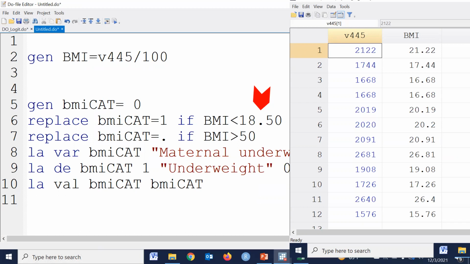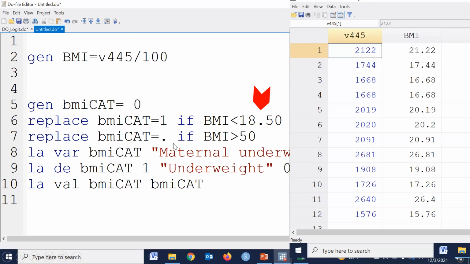Therefore, we have to create a new variable after appropriate decimal placement. By definition of maternal underweight, when BMI is less than 18.5, then this indicator is called maternal underweight.